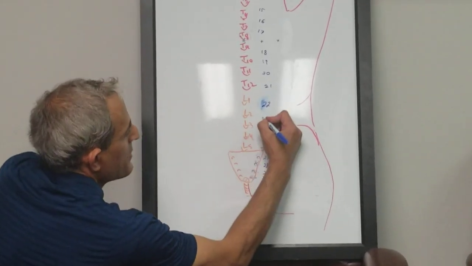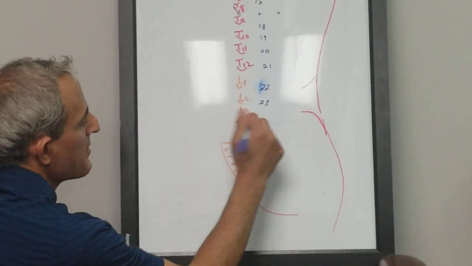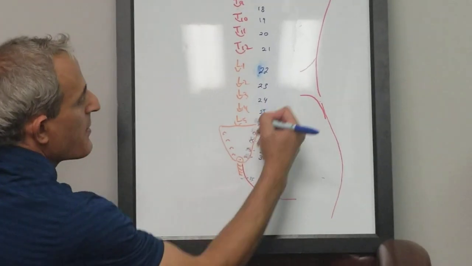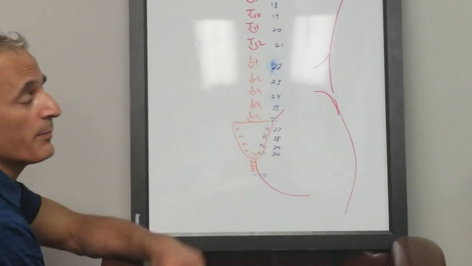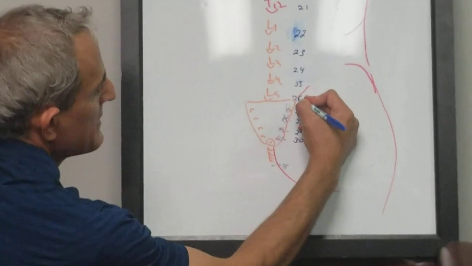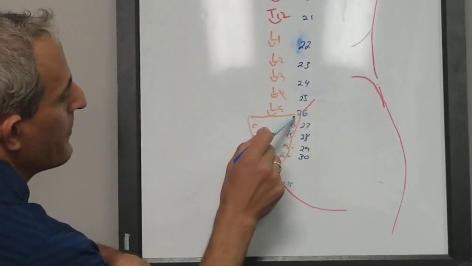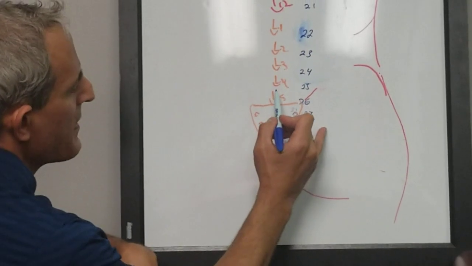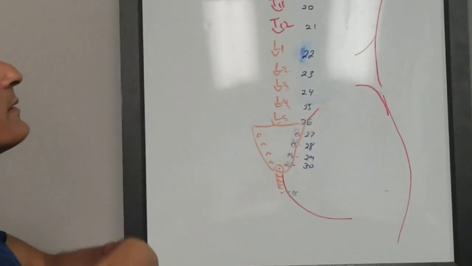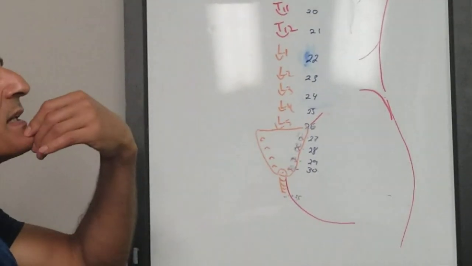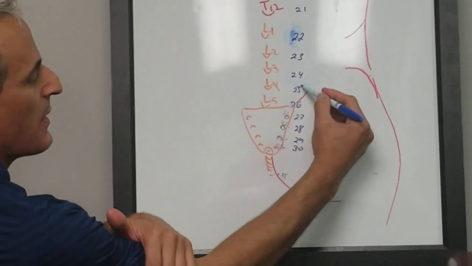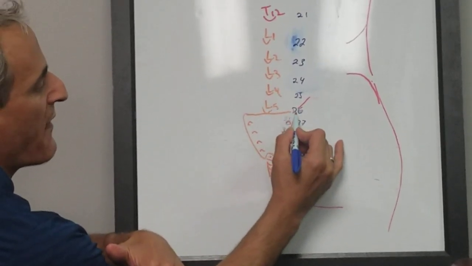So L2 is Bladder 23, that's the back shu of the kidneys. L3 and L4 are non-back shu per se as far as the zang fu, but they are very important for a lot of local work with lumbar pain, etc. And then the bottom of L5, this is 26. Let me take it back. Bladder 25 is the back shu of, I think, the large intestine. Okay, no worries. My point is that we want to be able to remember that 1.5 out, we have Bladder